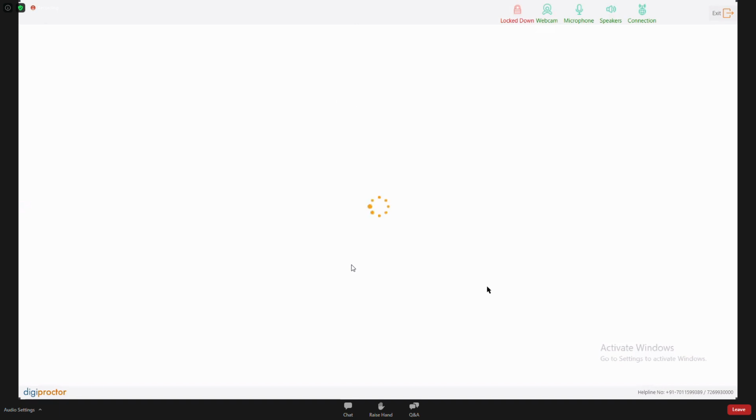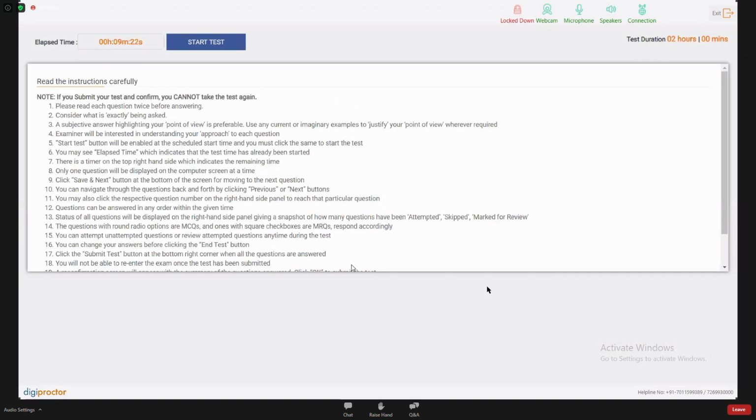This all is getting logged with us for the review. Everything is getting logged with us, and only when the facial match happens, then you will be able to enter into the test. In case the match does not happen and any error message comes to you, you can again launch the application and do the authentication in a proper way.